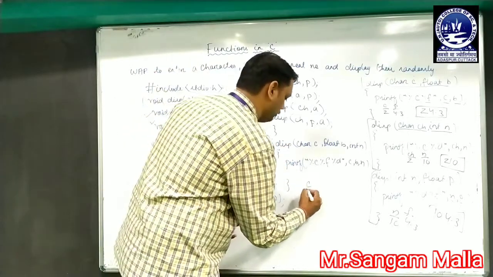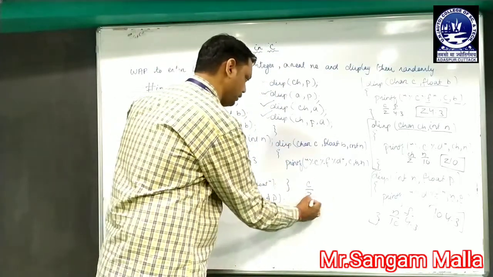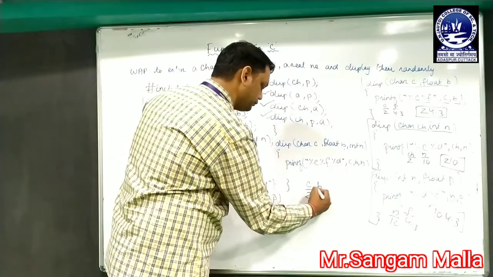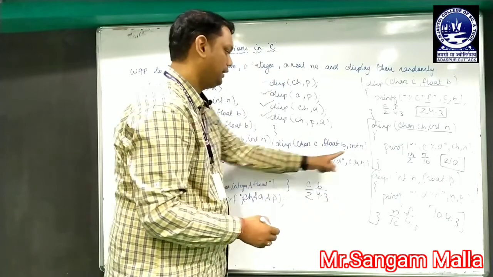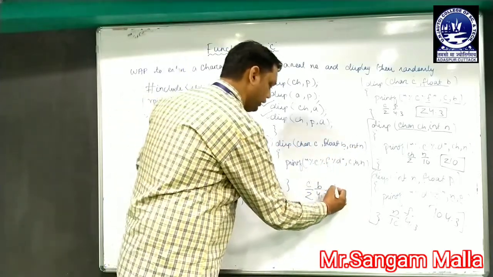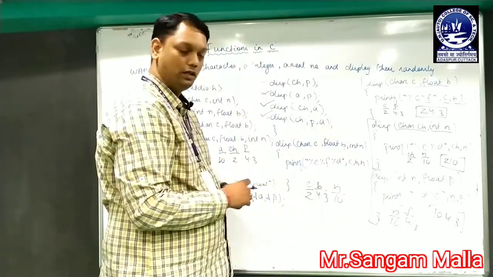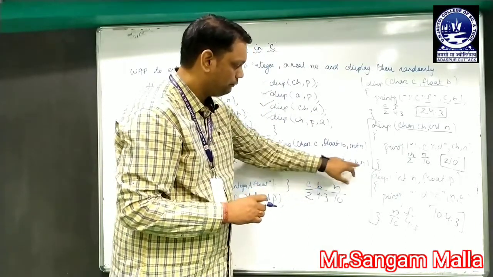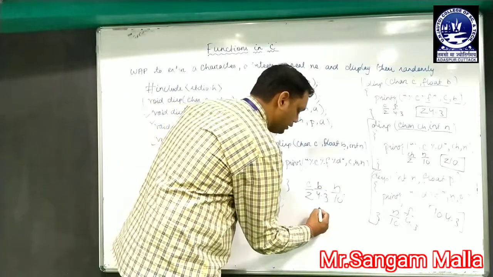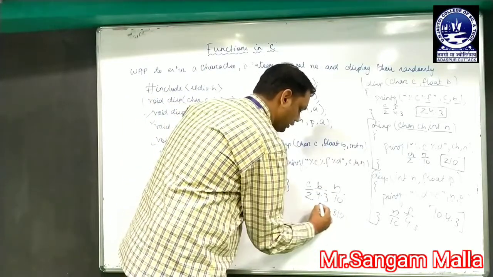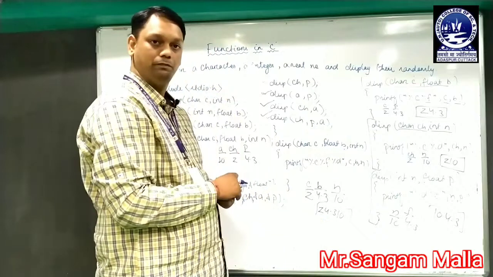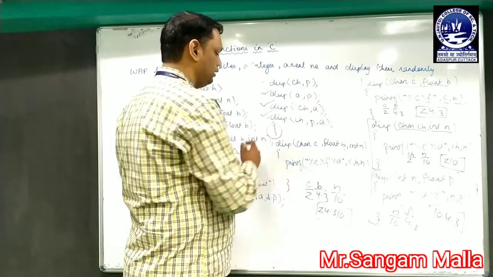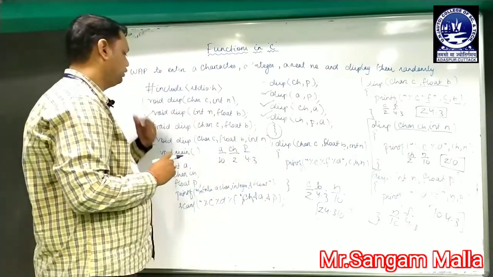So c will hold the value of ch, that is z, b will hold the value of float type, that is 4.3, and n will receive the value of a. So n will have 10. Now it will enter the block and print the value of c, b and n. So what is the value of c, b and n? z 4.3, 10 will be the last output. When it comes to this curly bracket, it will be redirected to this position, and then we will have the end curly bracket of the main function.